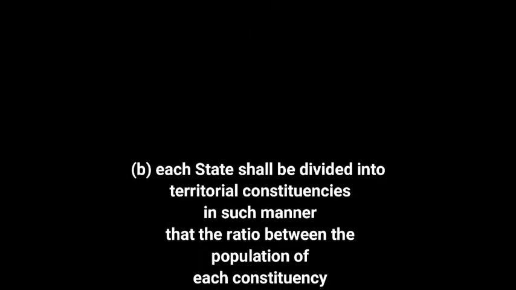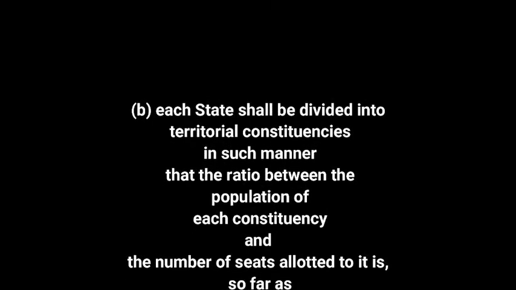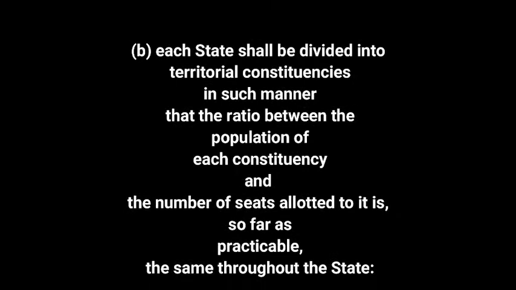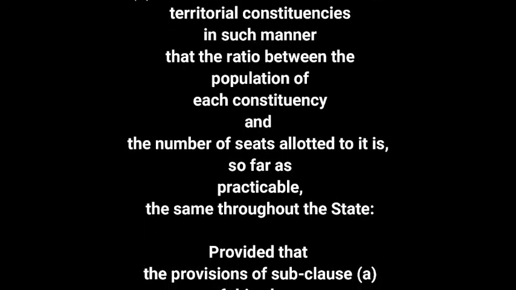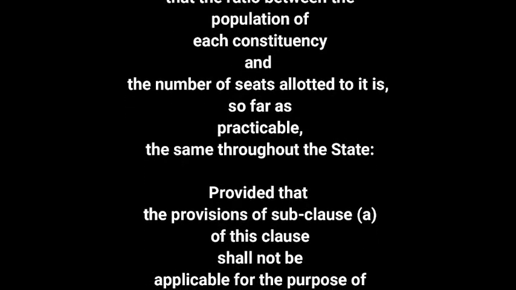And b. Each state shall be divided into territorial constituencies in such manner that the ratio between the population of each constituency and the number of seats allotted to it is, so far as practicable, the same throughout